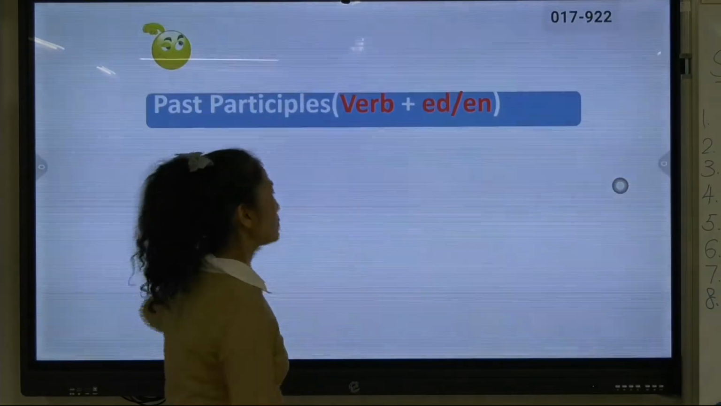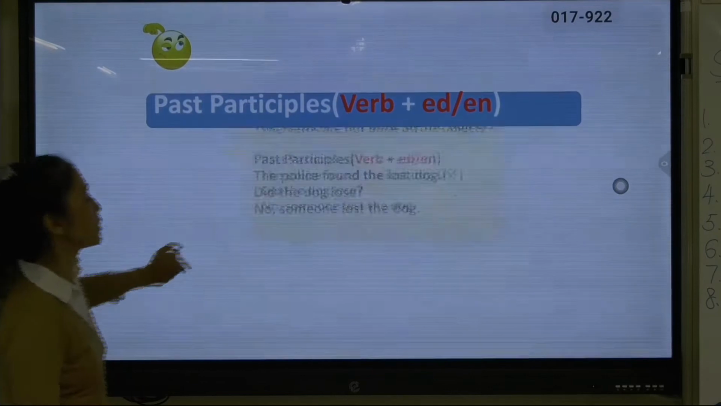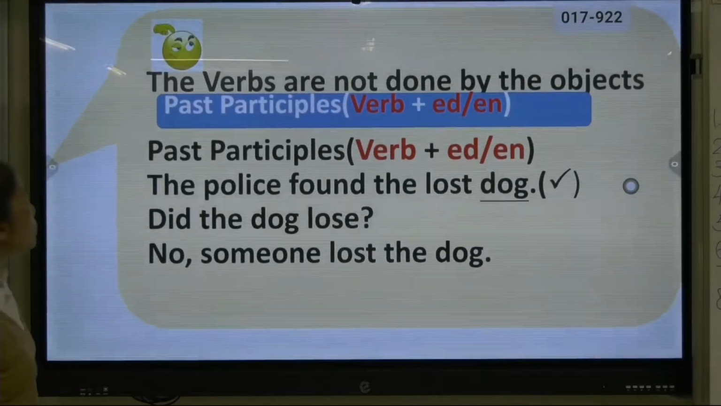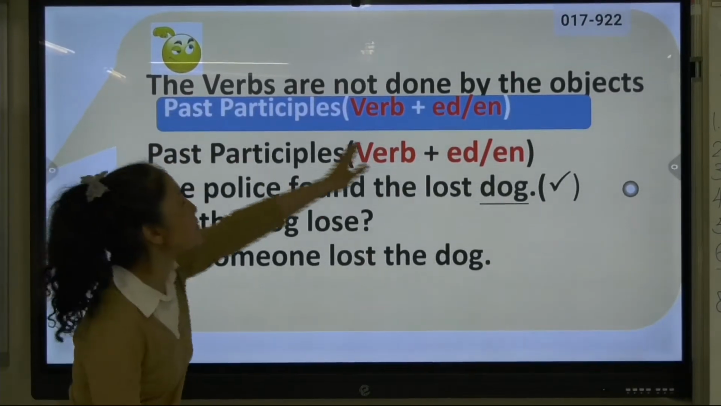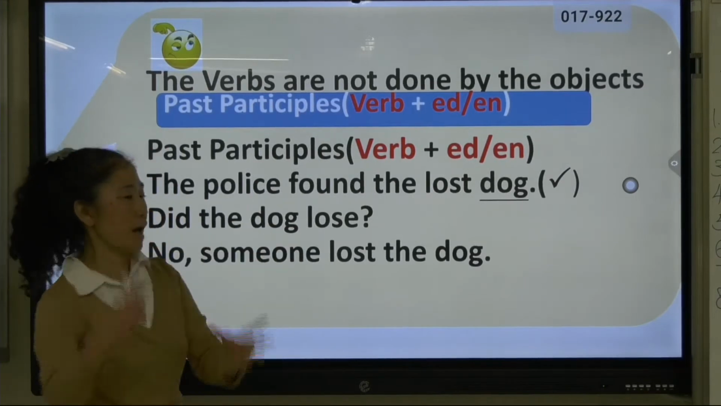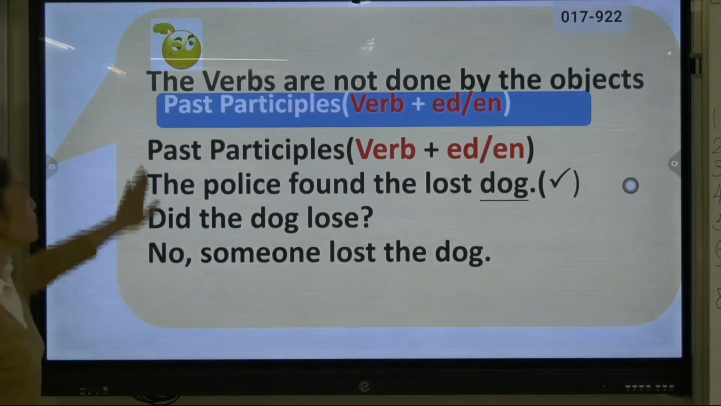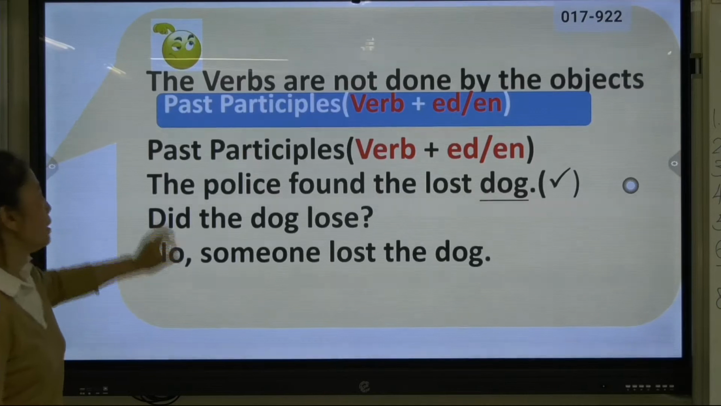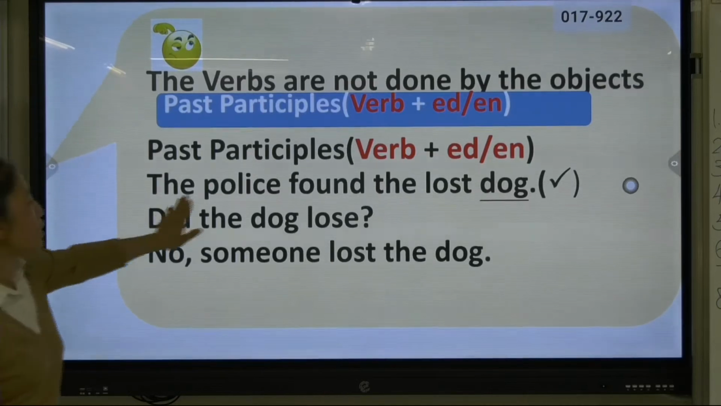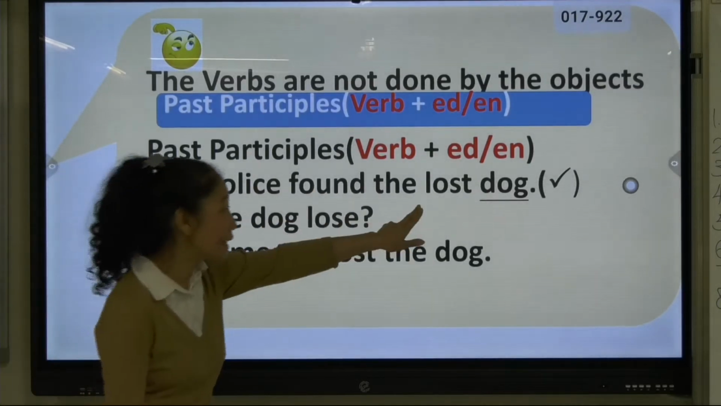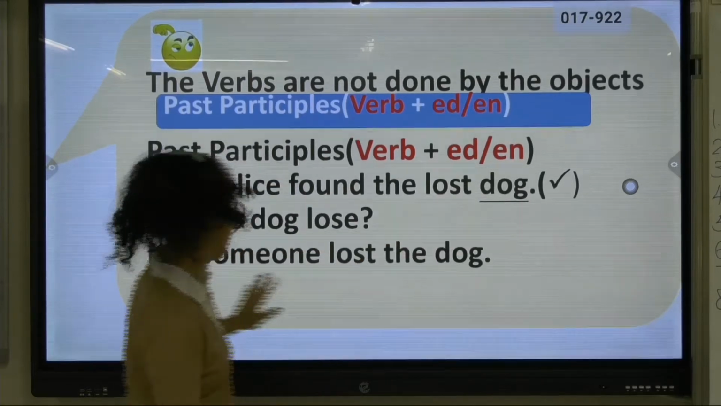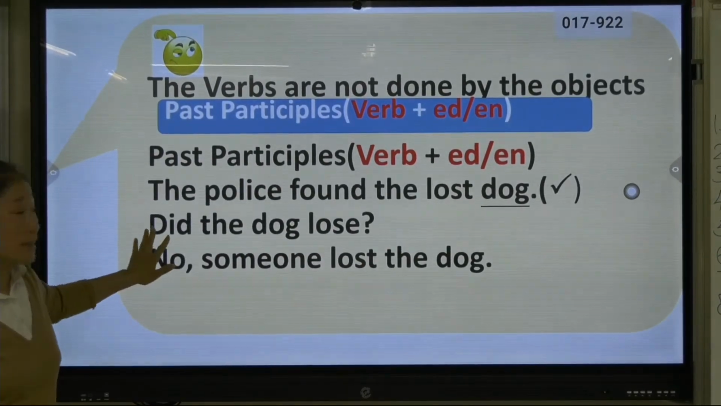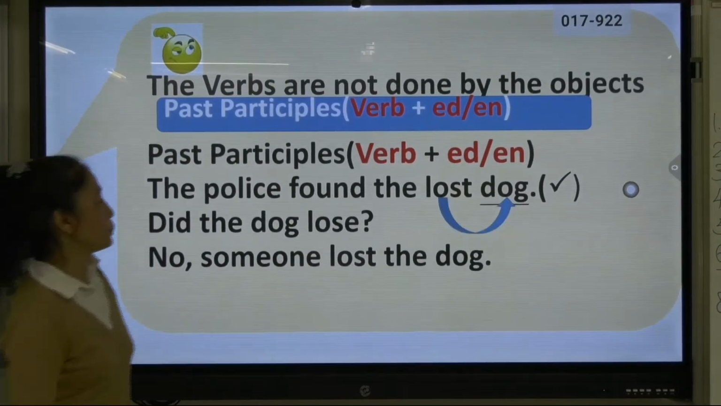So in this case, we have to use past participle. Okay? So the verb is not done by the object, like the cup, like the dog. We use past participle. Okay, this example is correct. The police found the lost dog because someone lost the dog, not the dog loses it. Okay? Now,